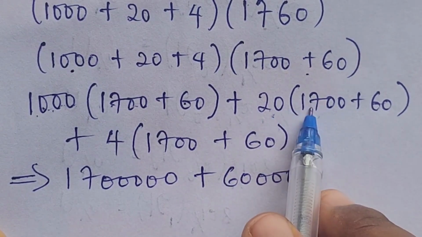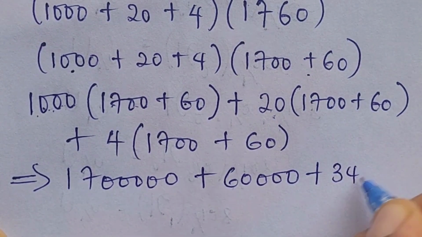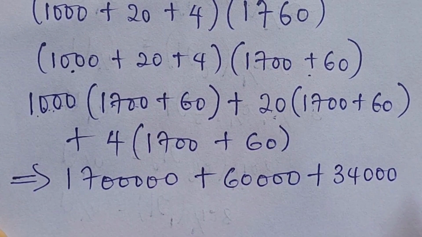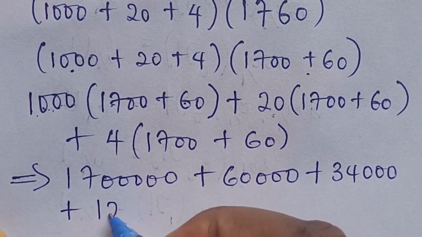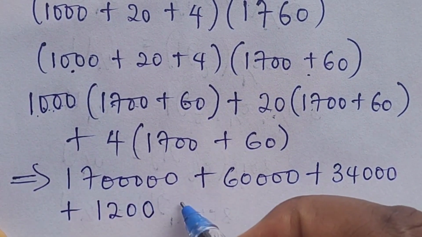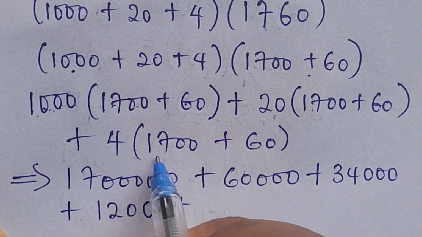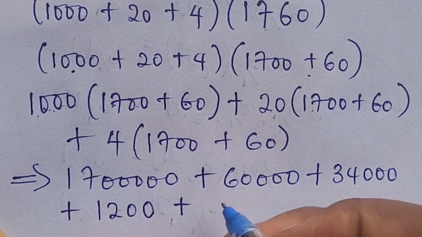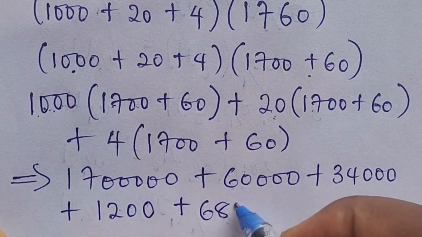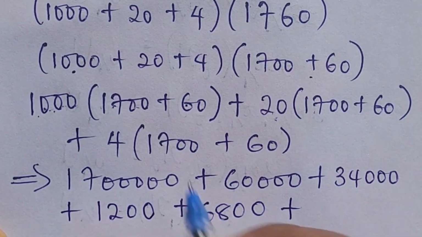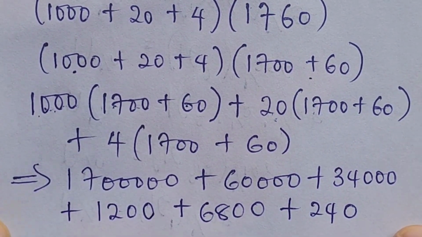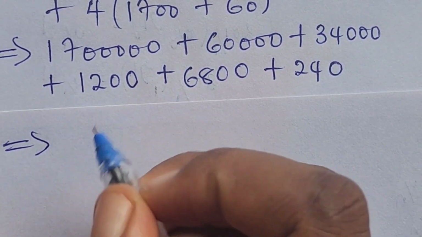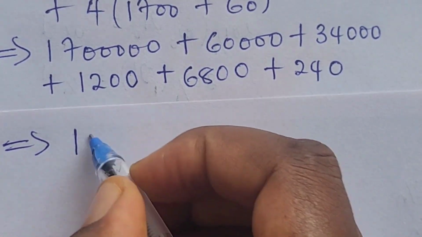So we have 20 times 1700, we have 34,000, plus 20 times 60, we have 1,200, plus we have 4 times 1700, which is 6,800, plus we have 4 times 60, which is 240. So when we add up this, we have